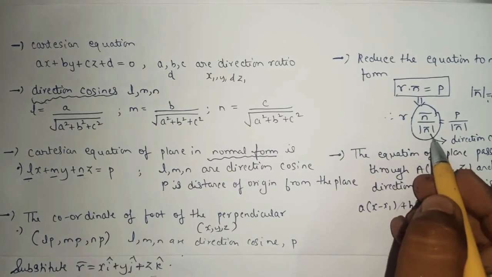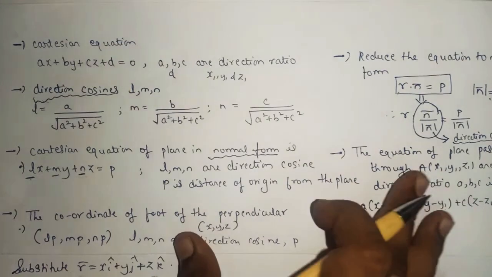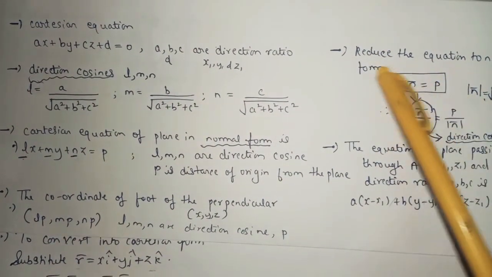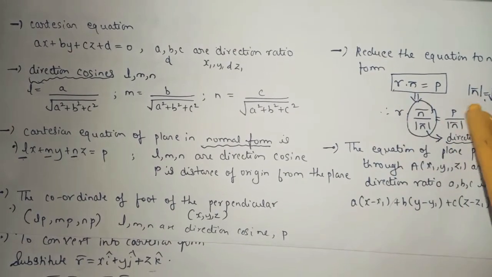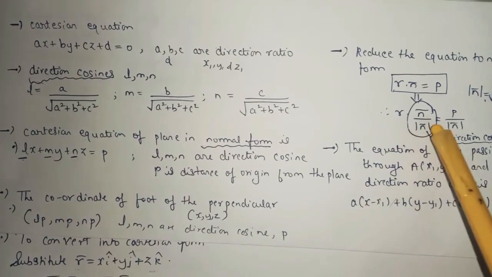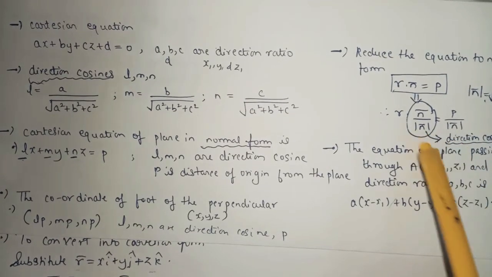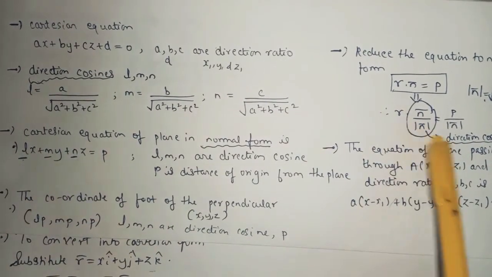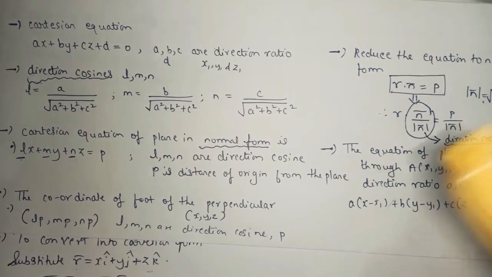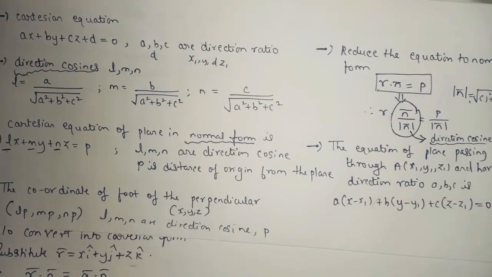So indirectly, from here you will get the direction cosines. To reduce the equation of the normal, you simply divide the left hand side and right hand side by the magnitude of n bar. After dividing, when you compare the equation, you will get l, m, n, the direction cosines, from here. We'll take one example on this, so you will come to know exactly how to present and how to find the answer. Don't worry about that, it is just a concept, keep all these points in your mind.